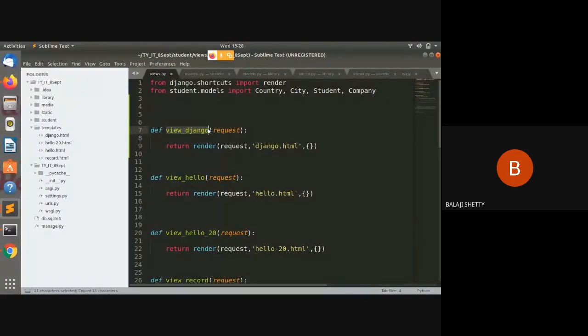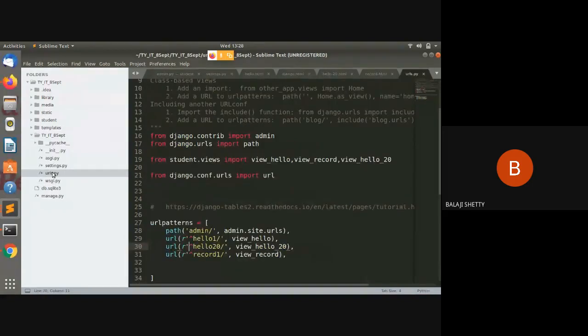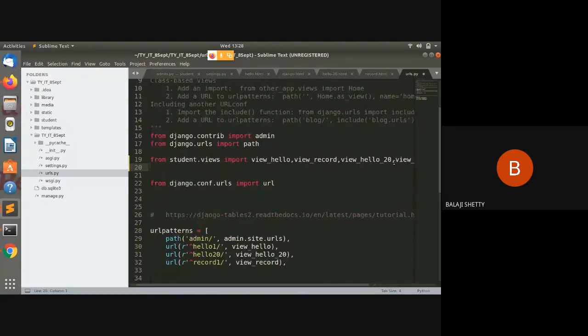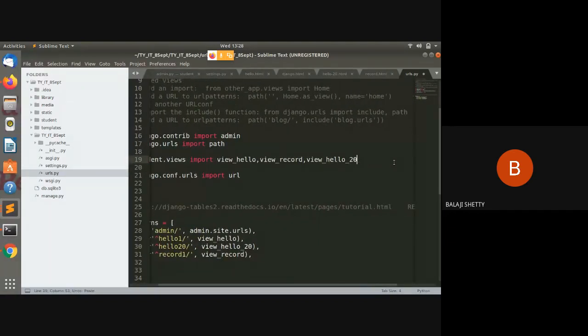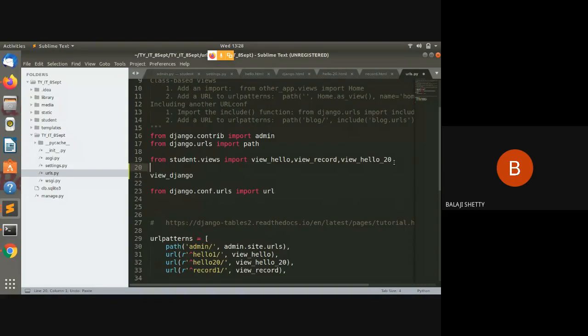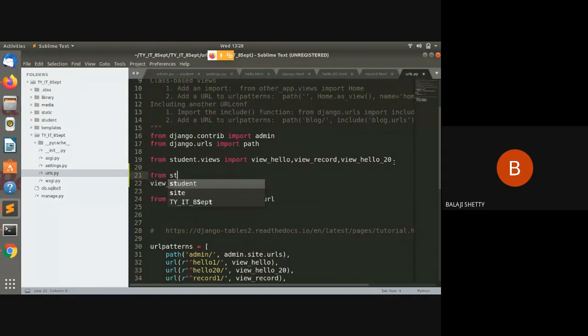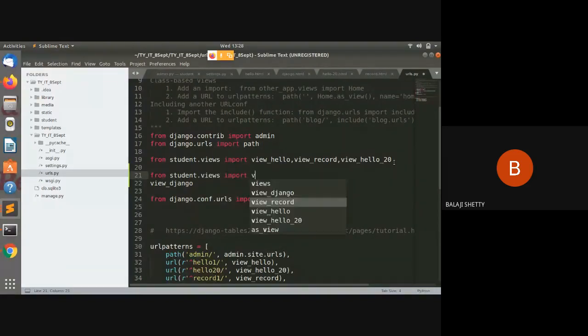Now after defining this view, go to the project's urls.py. This is the project's urls.py. Here, from student.views import view Django.